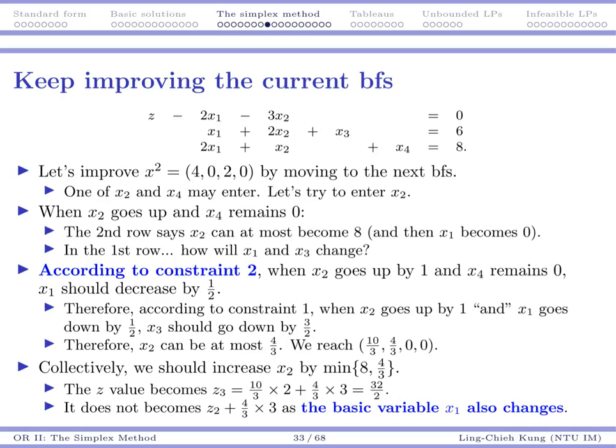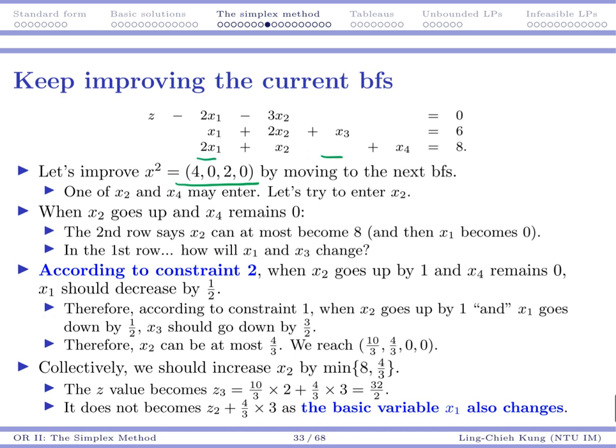So now we have successfully made one iteration, one time of improvement. Now we are at 4020. Now let's try to do this again. We now want to move to our next basis. Okay. So for this, what we want to do again is that we know currently x1 and x3,